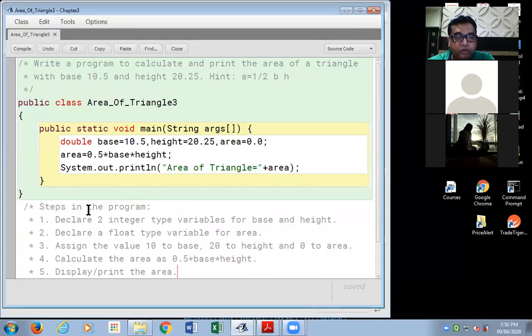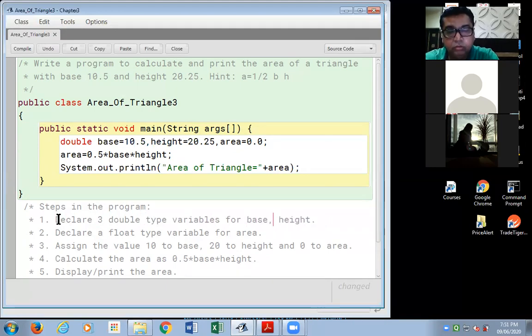Let me share with you the steps we have performed. Declare 3 double type variables for base, height, and area.